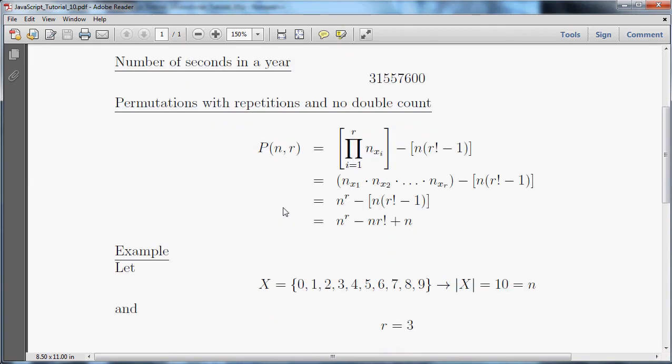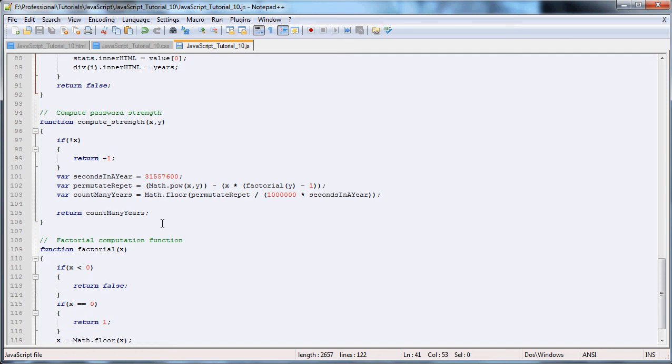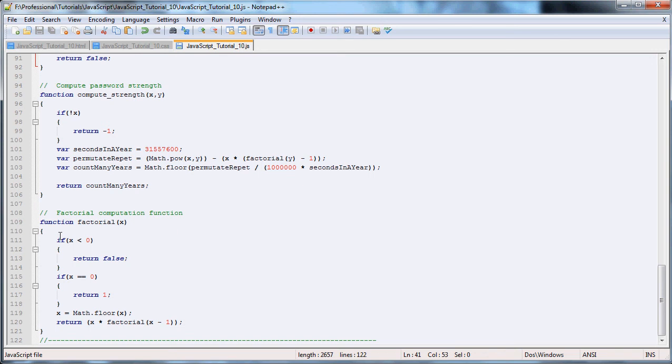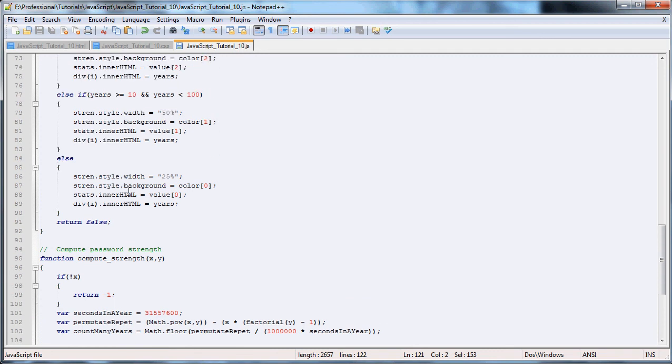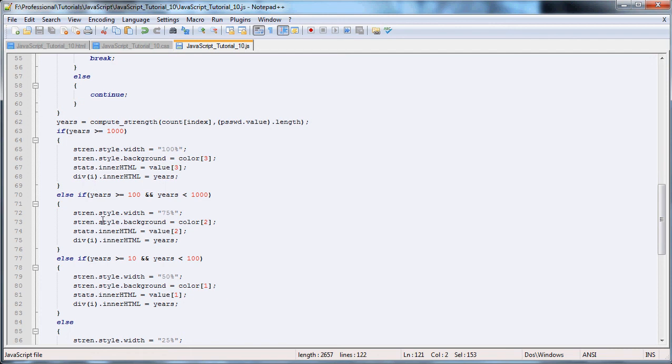This function right here, the permutation, that's what compute strength is doing. And then we have to have a function to calculate factorial, which is this function right here. This calculates factorial for us. It returns the number, and then once it does that, this function returns how many years it takes to crack. Okay, so once it gets that back, it registers it with the years, and then it checks depending on however many years it takes to crack. So whichever one it matches, it draws and colors the appropriate